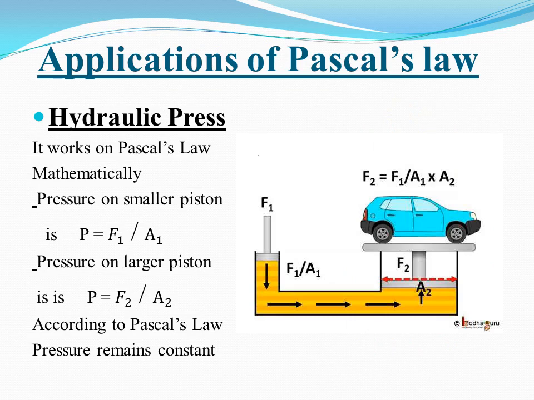Applications of Pascal's law. Pascal's law finds many applications in our daily life, such as the hydraulic brake system, hydraulic jack, hydraulic press, and other hydraulic machines. But now we are going to discuss the hydraulic press. A hydraulic press is a machine which works on Pascal's law. It consists of two cylinders of different cross-sectional areas. They are fitted with pistons of cross-sectional areas A1 and A2. A1 is the smaller cross-sectional area, whereas A2 is the larger cross-sectional area. The object to be compressed is placed over the piston of large cross-sectional area A2. The force F1 is applied on the piston of small cross-sectional area A1.